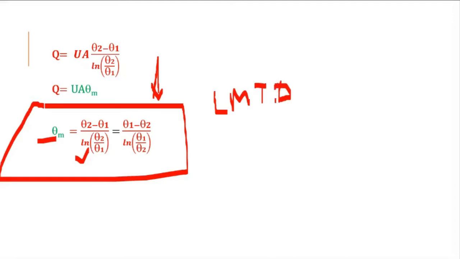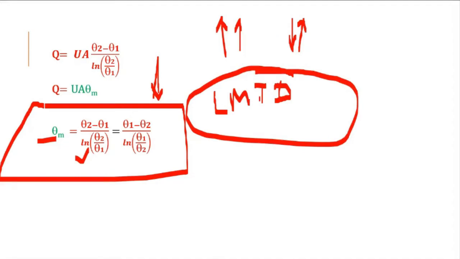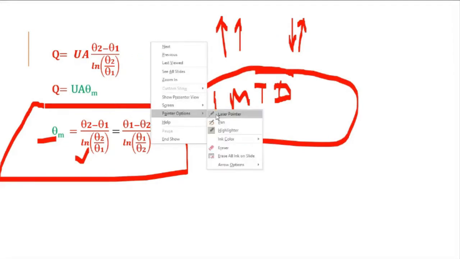So we are done with analysis of heat exchanger for parallel flow and counter flow using LMTD method. So we will solve a few examples, a few numericals on the same case, and we will see why this determination of LMTD is required. So before we go to the numericals, I will just explain what is the application of this LMTD method.